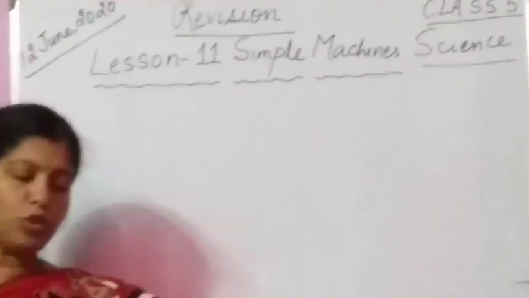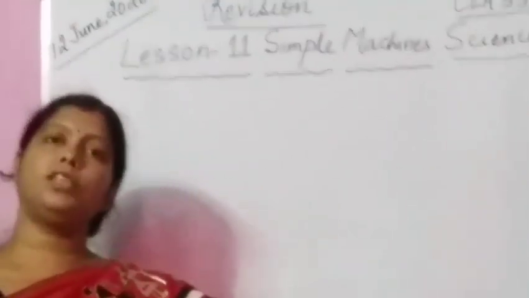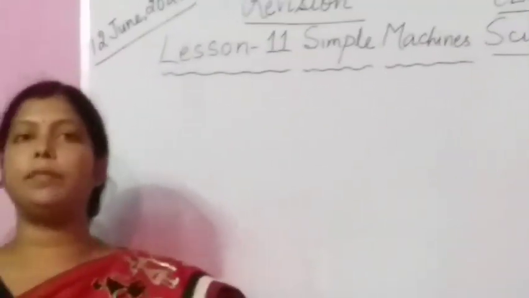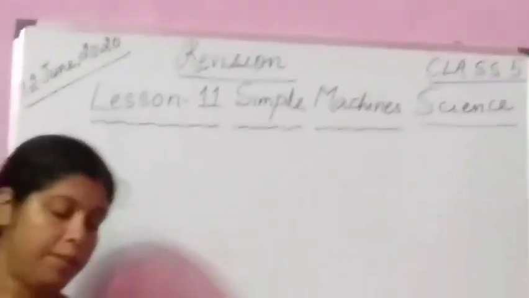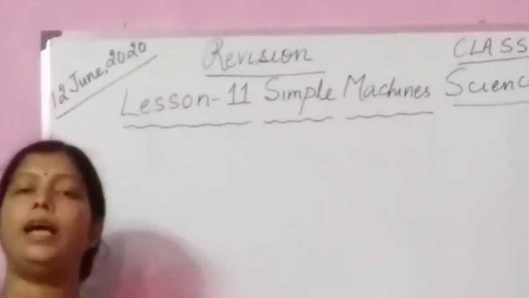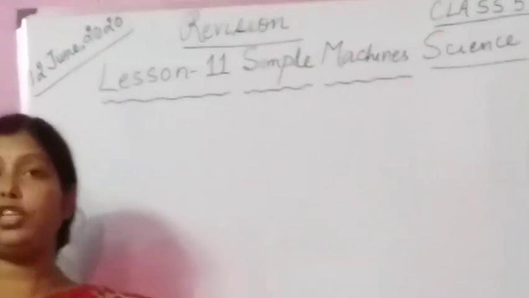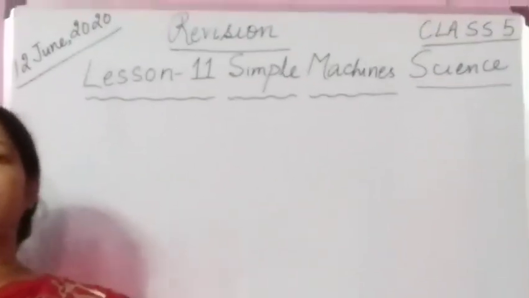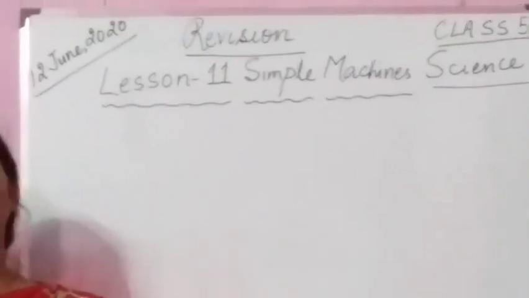Okay? In order to do a work faster, we use a machine. Is this statement true or false? This statement is true because in order to do a work faster, we use the machine. Why do we use the machine? To do the work faster, we use the machine. So you see, in the form of question also, in the form of true and false also you can say. Machines are of three types. No, machines are of two types, simple and complex. The answer is false. You correct the statement: machines are of two types.